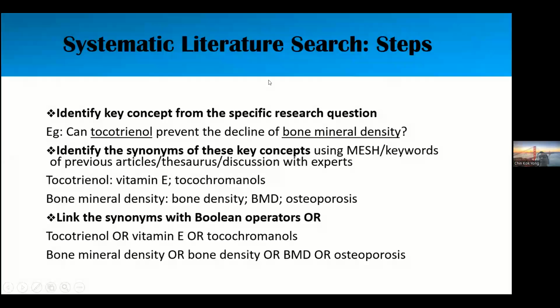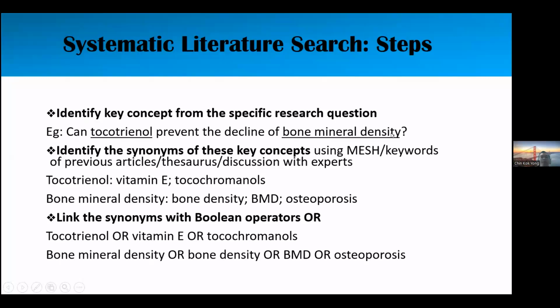So this is to go through the designing search string process step by step. As I said just now, first you have to identify key concepts from the specific research question. So for example, this is just an example: can tocotrienol prevent the decline of bone mineral density? Okay, so the two key concepts that you can identify from here are tocotrienol, first thing, and bone mineral density,